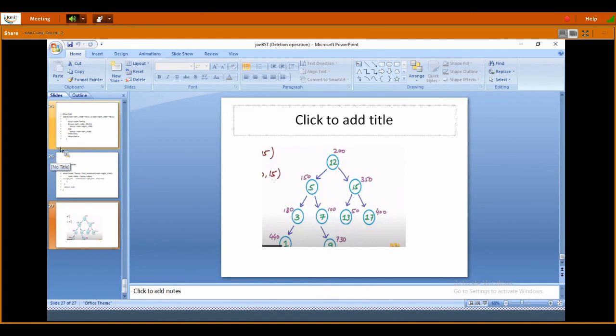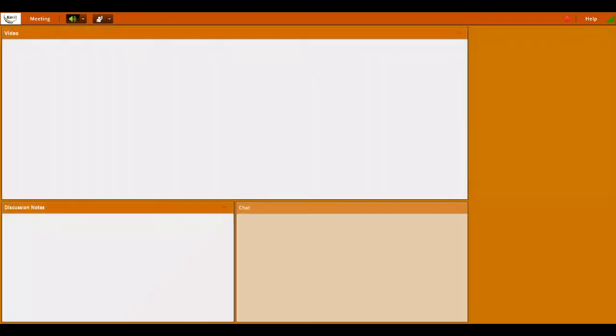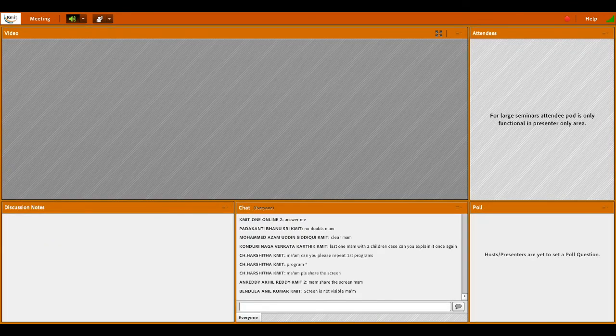Still any doubts? No, ma'am, thank you. Then no issues, ma. If we have any doubts also, we'll see in the next class. So I'm sharing the quiz part. You can solve the quiz questions. Try to execute those programs. Programs tasks also you should do. We'll keep the programs in the tesserator.